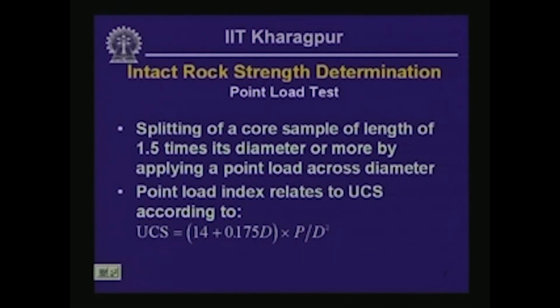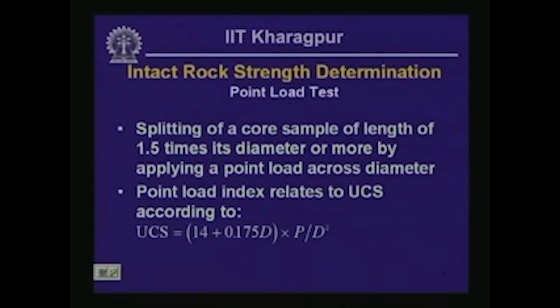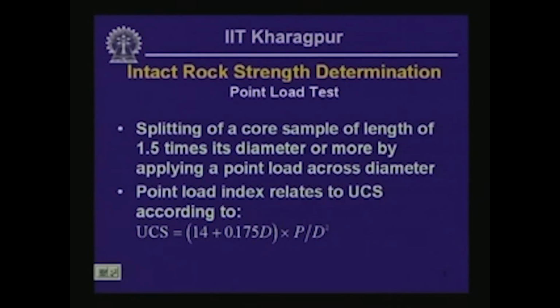Okay. Now, there is a simpler method for finding out the unconfined compressive strength of a specimen of intact rock, and that particular procedure is called a point load test. So, what is done in this case? We are going to take a core sample. You remember that a rock core sample is going to be approximately cylindrical, and we are going to only choose those samples which have a length of at least 1.5 times its diameter,